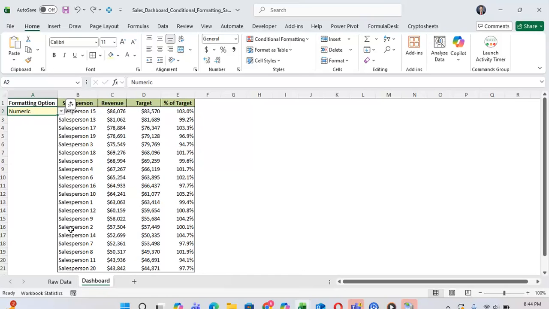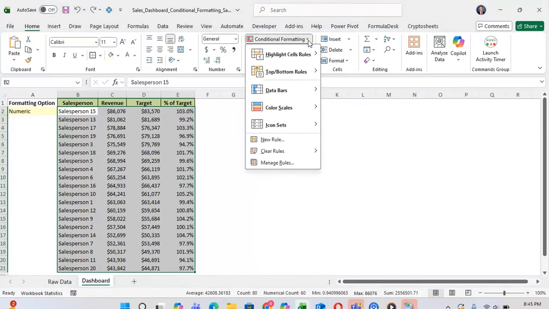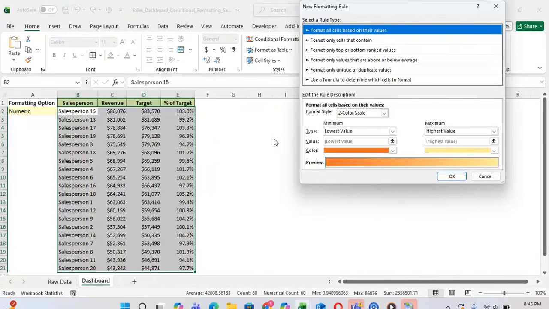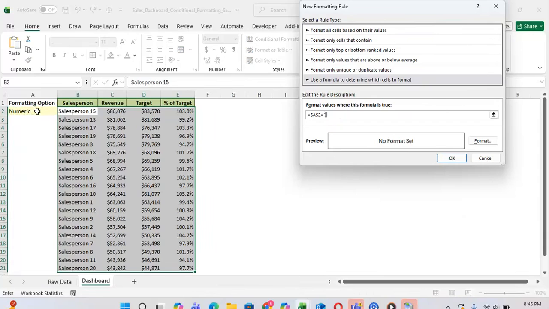So first, highlight the range of cells that you want to apply the formatting to. Again, go to the Home tab, and under the cells grouping, you're going to see an option for conditional formatting. Click on conditional formatting, and then from here, you're going to want to click on New Rule. After clicking on New Rule, you want to use a formula to determine which cells to format, and you want to say where equals A2 equals numeric,